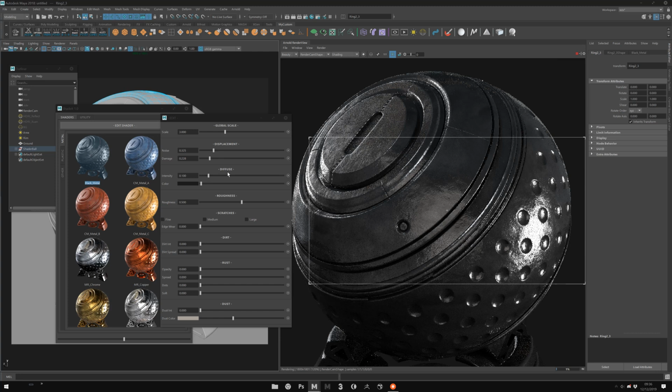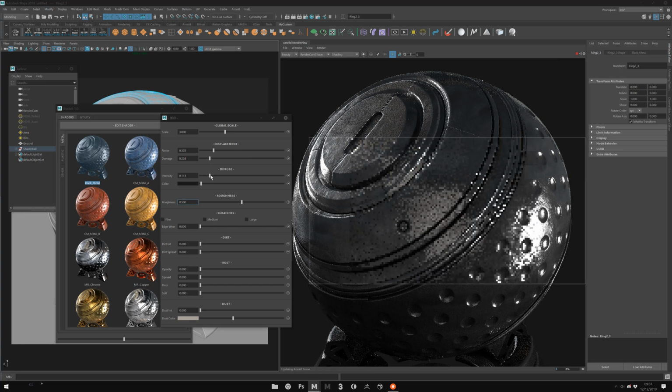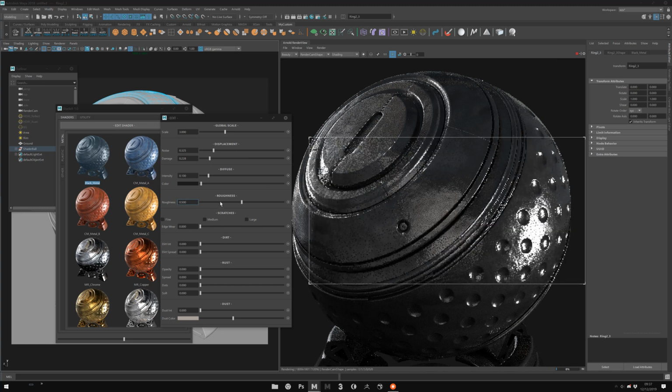Okay, so you know everything. Now you just need to play with it. Here, for example, diffuse. You have a color here, but I advise you on the black metal, as its name says, it is dedicated only to black metal. So if you want a colored metal, prefer the color metal shader. So yes, there is a color slider, but it's not really useful, in fact, on this one. Anyway, I'll come back to the default.